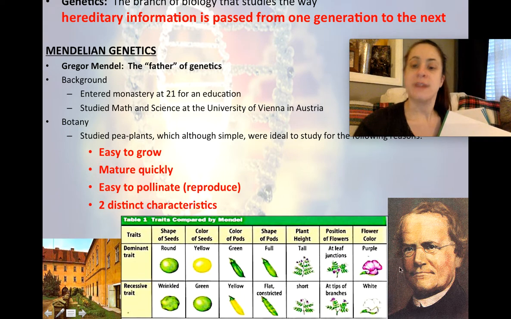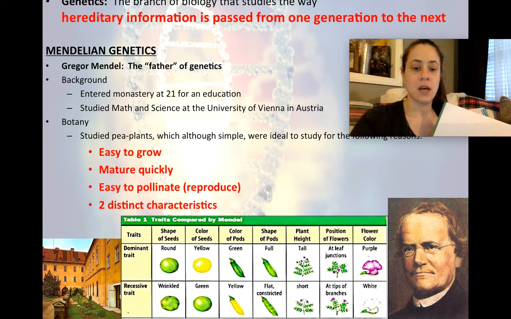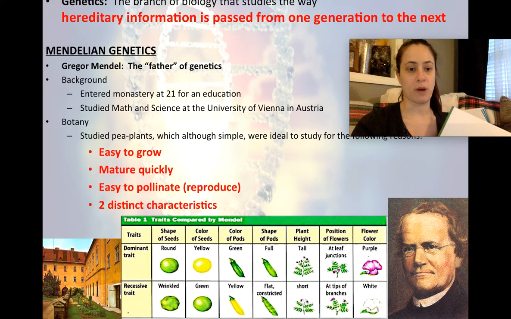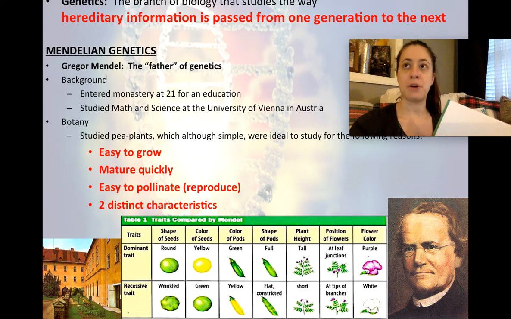So, Gregor Mendel was an Austrian monk, and in the garden at his monastery, he did a number of genetic crosses involving pea plants. So, pea plants were pretty ideal for genetic studies for a number of reasons. Even though pea plants are pretty simple, and our natural interest is probably in ourselves and studying human traits, pea plants would really lay the foundation for our understanding of how traits are inherited and passed on from one generation to the next. In his time, people were able to recognize how offspring are a blend of their parents, but